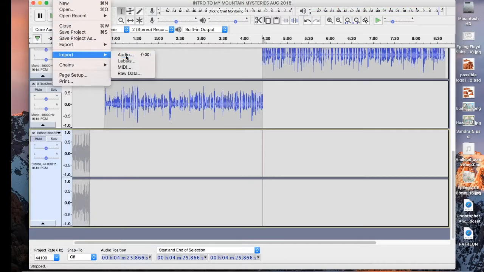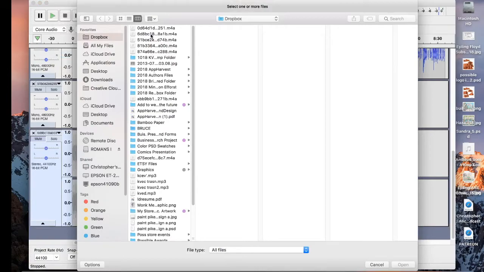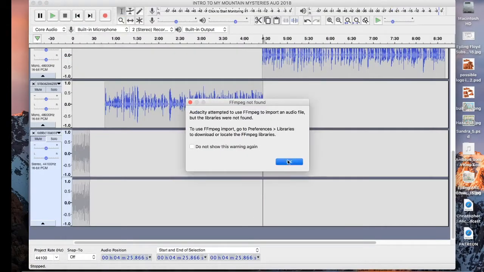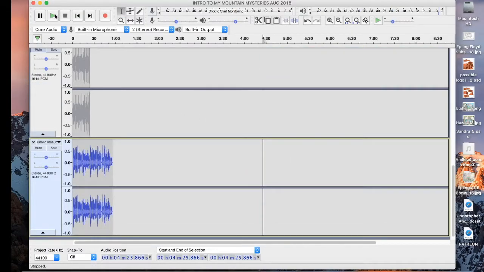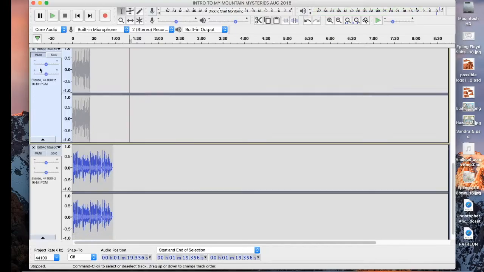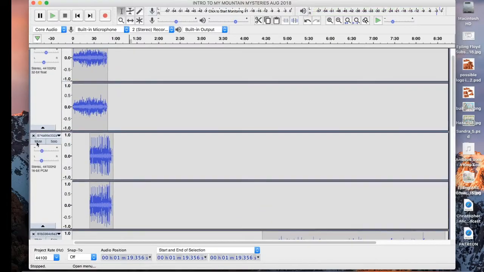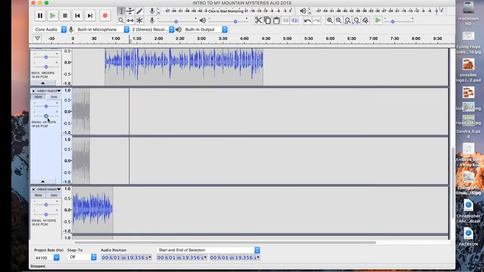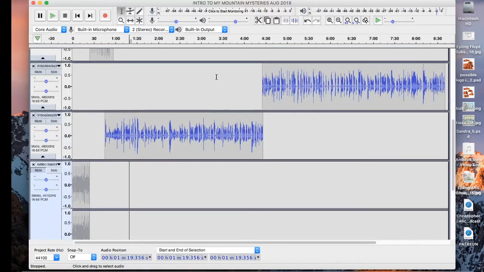After you've arranged all the layers, if you want to import more audio, you can. You can continue this process until you've adapted every single audio file that you want into Audacity and you've edited that. You can also edit, of course, in your Anchor app, but this really gives you more detailed, more specific editing options. Just remember, you export or save your files from Anchor, open them up in Audacity, edit them as you want,